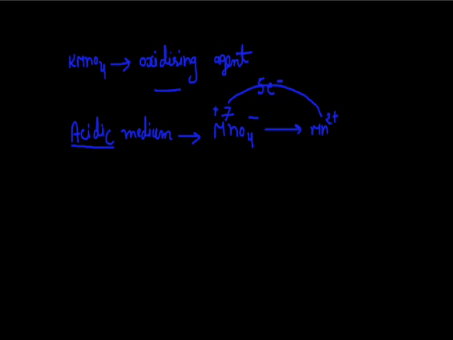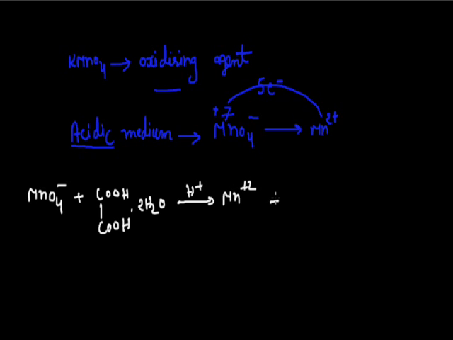And the next important thing about this titration is that when MnO4 negative reacts with hydrated oxalic acid in acidic medium, after the reaction we get Mn2+ and CO2 gas. This CO2 gas decreases the rate of reaction. So to increase the rate of reaction, before starting the titration, we first heat the conical flask.